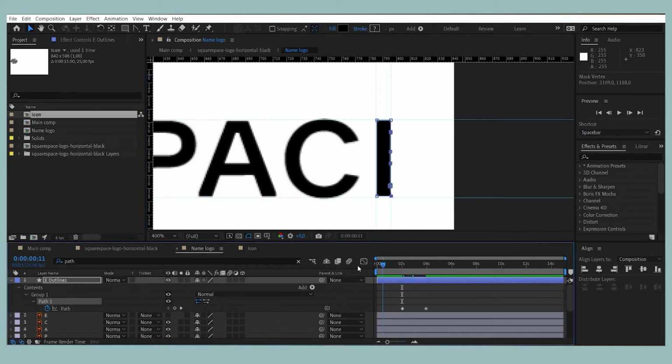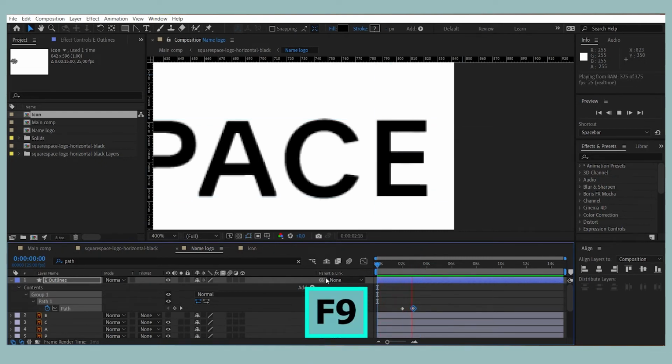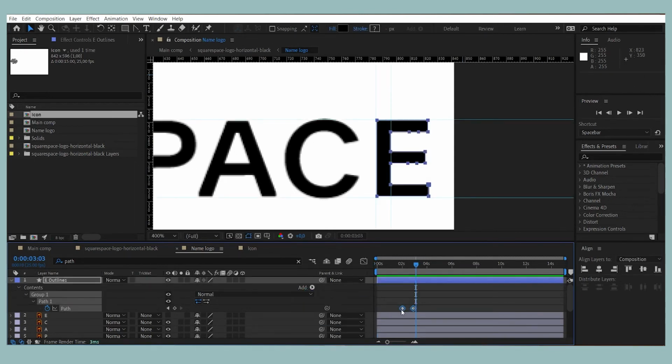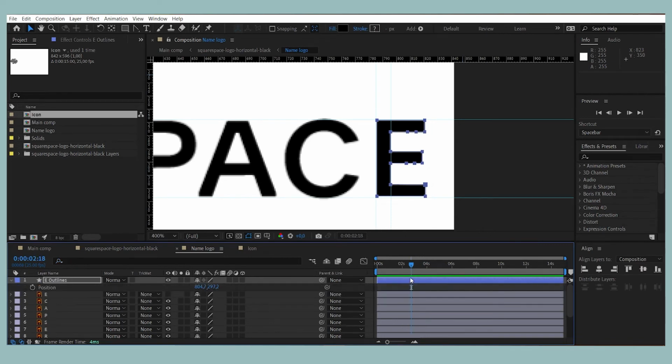I play it to see if the keyframes are good. I place the two keyframes a little bit closer to each other to make the speed a little bit quicker. Then I select both keyframes and I press F9 again on my keyboard to ease the keyframes for a smoother transition. I close all the layers of the letter E